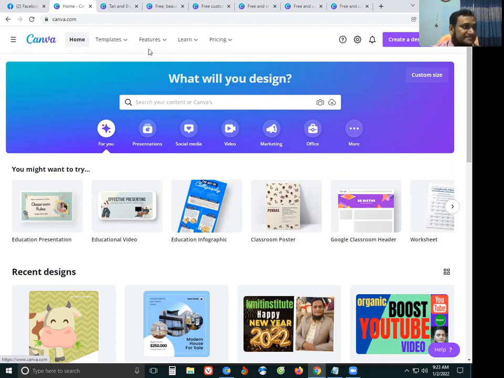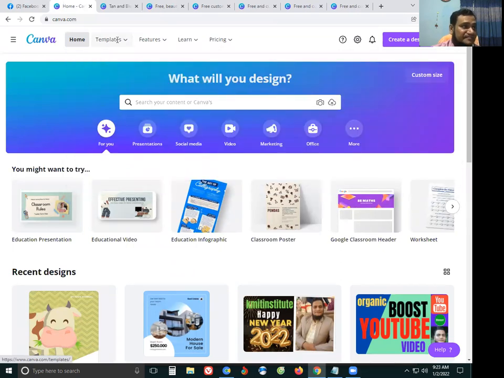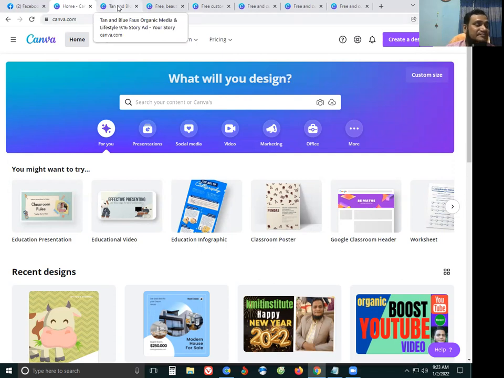Canva is a very easy, simple system for online graphic design. A lot of templates are sold on marketplaces like the Fiverr marketplace, Upwork marketplace, and other marketplaces selling Canva templates, and you can make a lot of money. The one system is very easy: online graphic design. Canva has a lot of templates. If you have paid Canva, then you can use it to earn a lot of money.